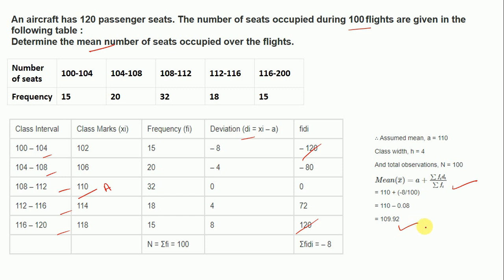So why I am saying that this is about the same method? Because in that case we were just dividing here by H and we were here multiplying by H. So overall this is also the same formula, because in that case we were dividing here by H to simplify our calculation.